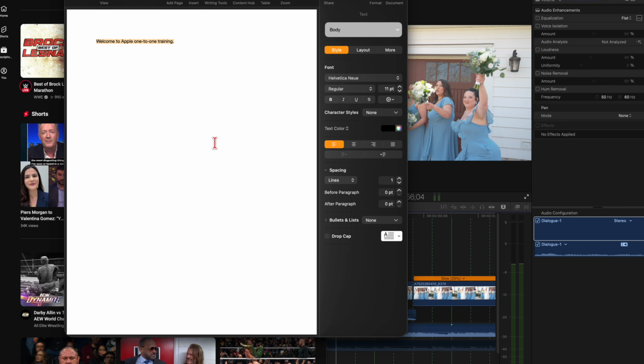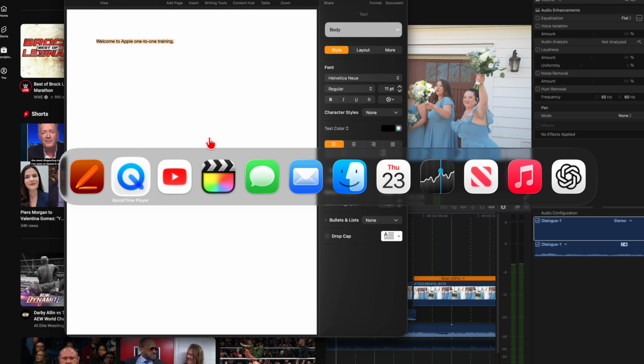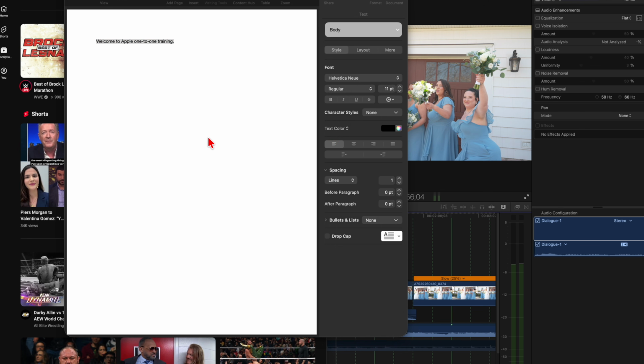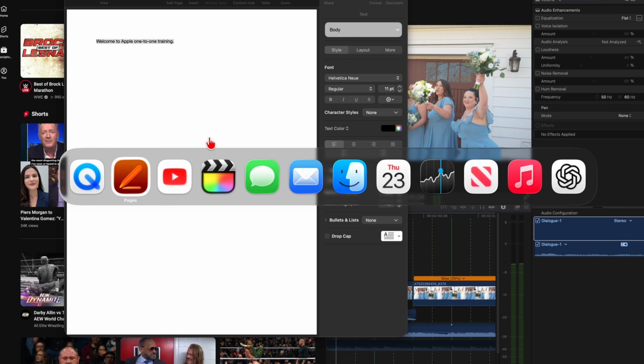So again, I'm using my left hand, I'm holding down the Command key, and then I'm going to hit Tab. And then I'm using my thumb and my pointer finger, and I'm going to use Command Tab. And now we have this. So I'm still holding the Command key down. If I let go, it goes away. So Command and Tab. And as long as I'm holding the Command key, I could tab to any app I